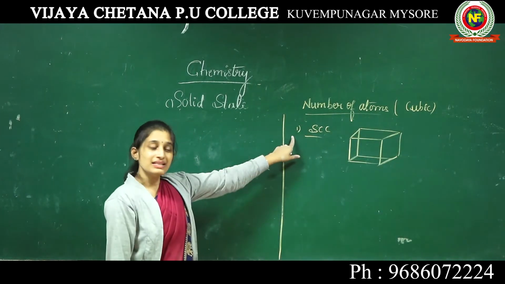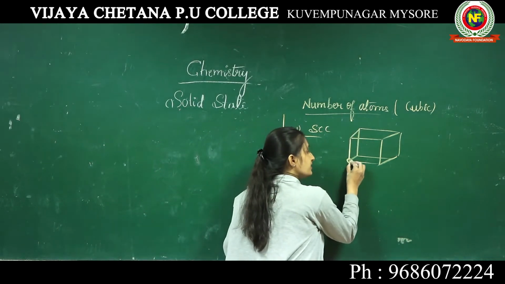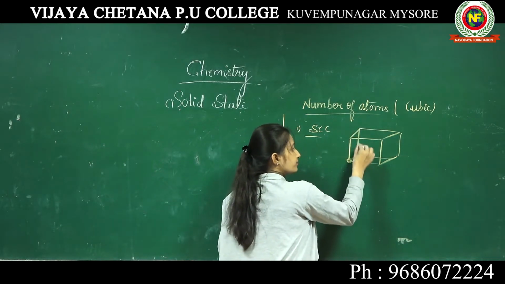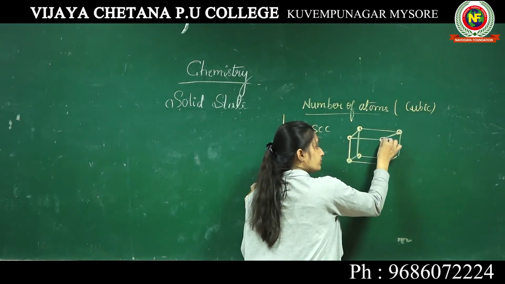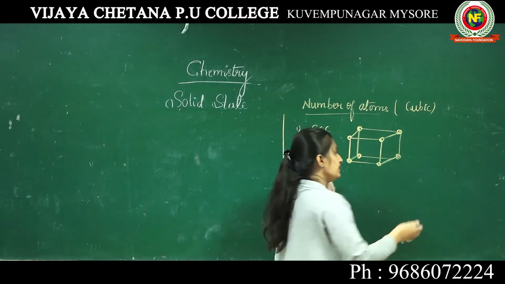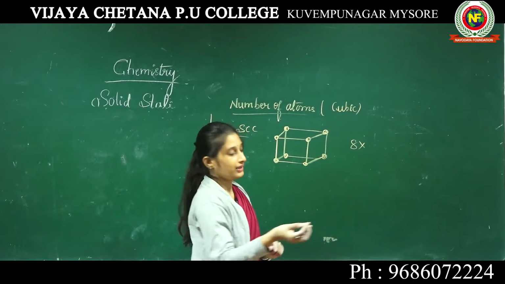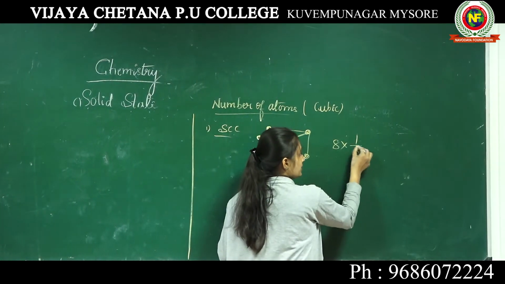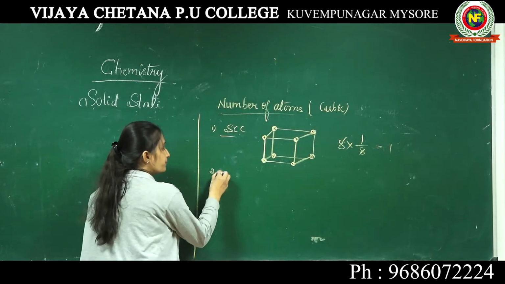See, SCC means how many corners are there? 8 corners are there. 8 corners contain 8 atoms. Eight corners, 8 atoms. Each atom is shared by 8 other atoms. So 1 by 8. Cancel 1. Next one,